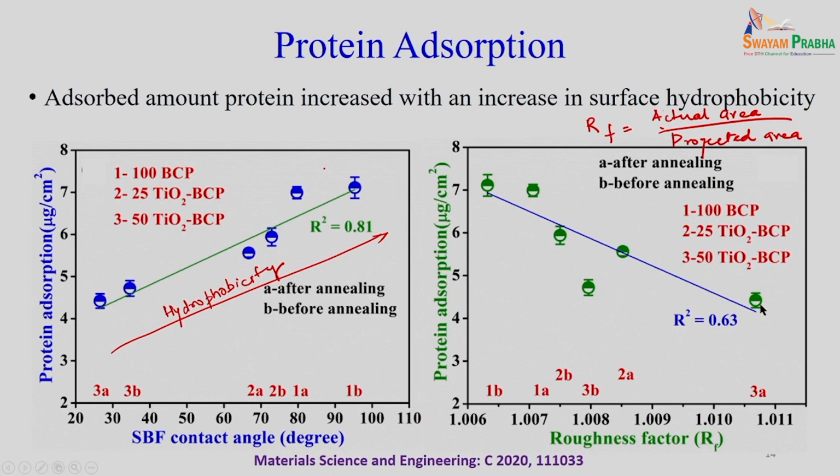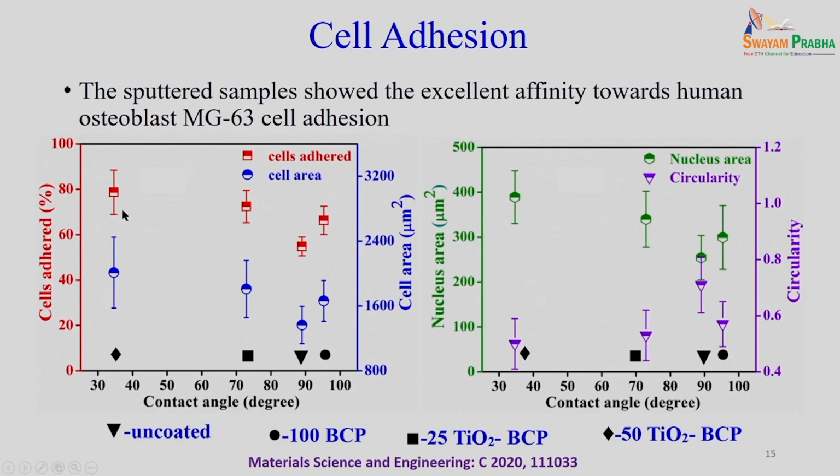So, what it says is the hydrophobicity played a major role during the protein adsorption rather than surface roughness here. This hydrophobicity and the composition of the film played a key role in the protein adsorption. If we just see the cell adhesion, again it was analyzed in terms of percentage adhered cells, cell area, nucleus size and the circularity. And if you see, this is the uncoated surface,